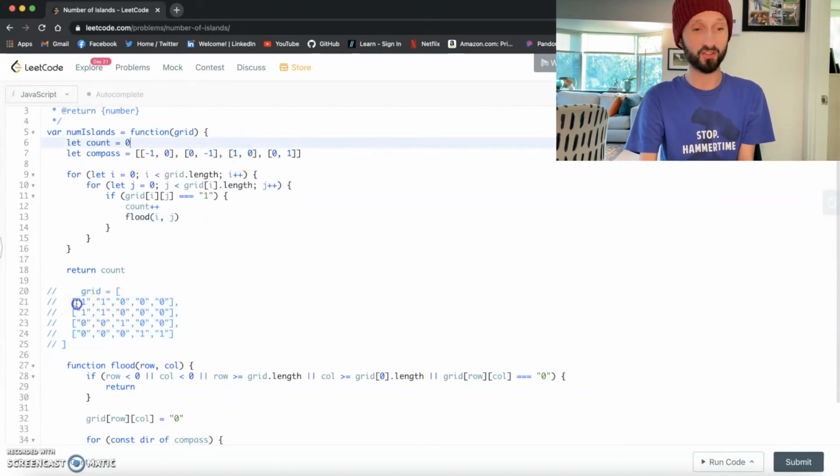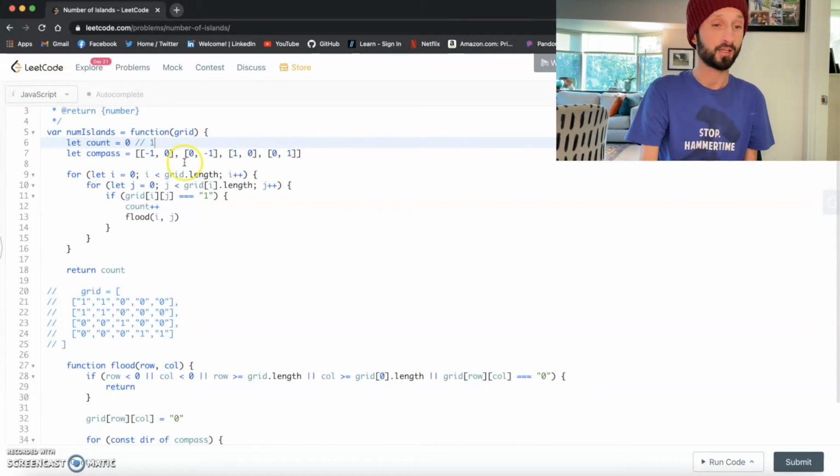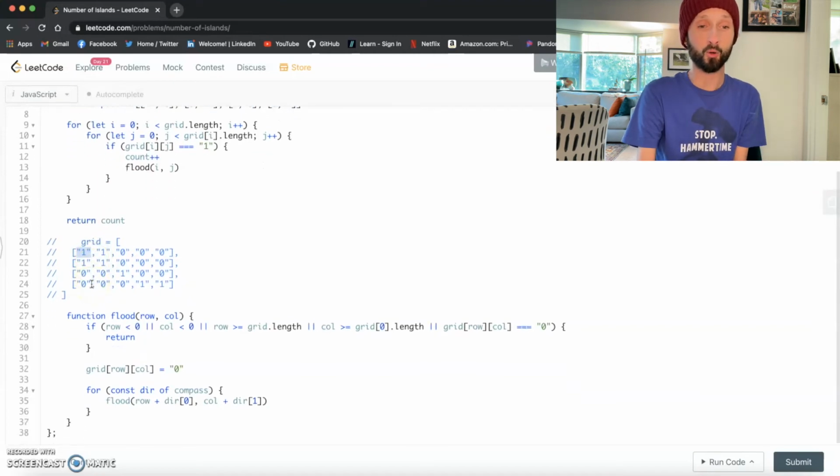So as you can see, the very first element is this 1. So we are going to right away increment our count to 1. We have officially found our first island. And then what we do is we send the coordinates of this land that we just found back into our